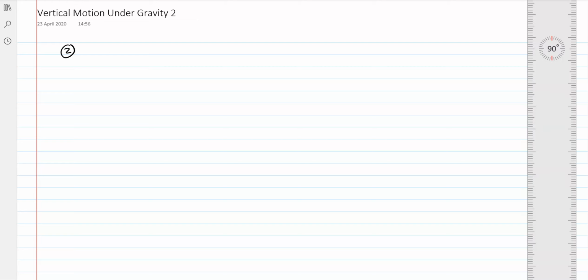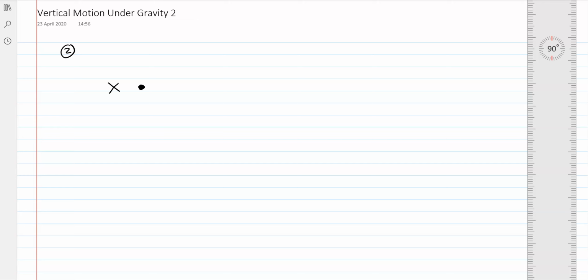This time we're going to look at question 2 of our vertical motion under gravity. Again, draw a picture, get your head around it, figure out what's going on. So a ball is projected vertically upwards from a point X. Okay, so we've got a point X and the ball